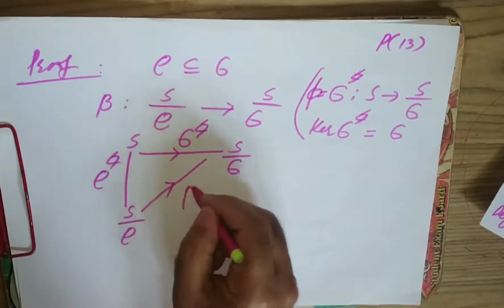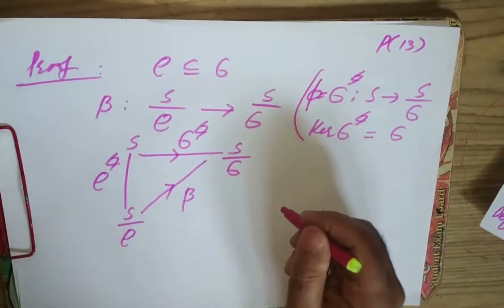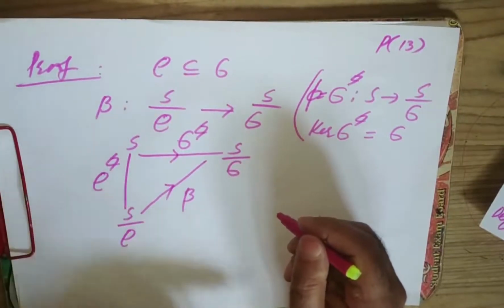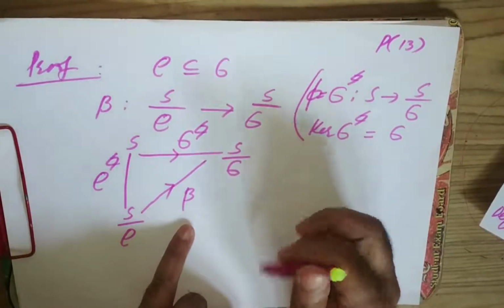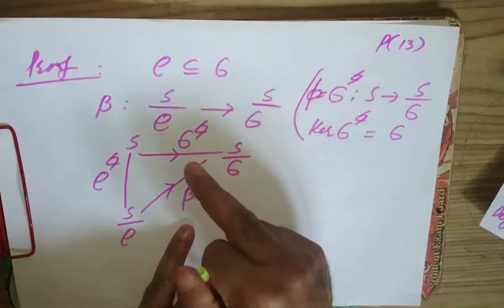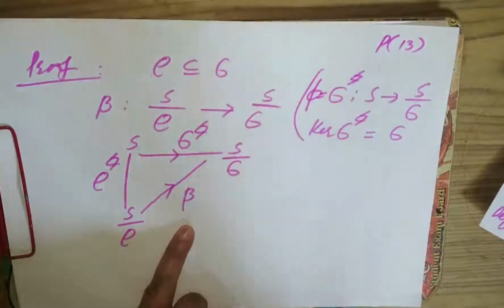Then I can find beta, such that the image of beta is the same as the image of phi, such that this diagram commutes means